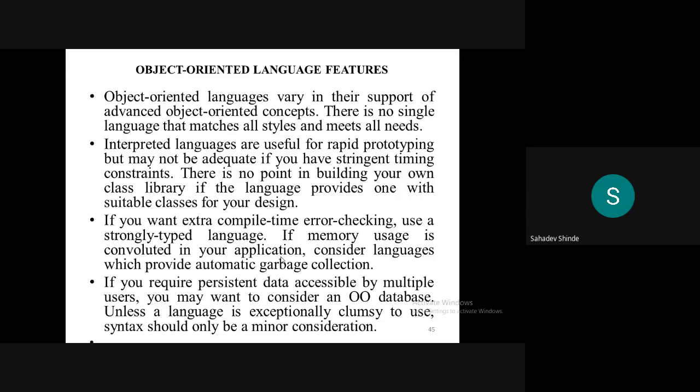Now, interpreted languages are useful for rapid prototyping. The rapid prototyping means what? The rapid prototyping is that whatever the softwares are there, the softwares we are going to deliver very fast by using the rapid prototyping, but may not be adequate if you have stringent timing constraints. And there is no point in building your own class library